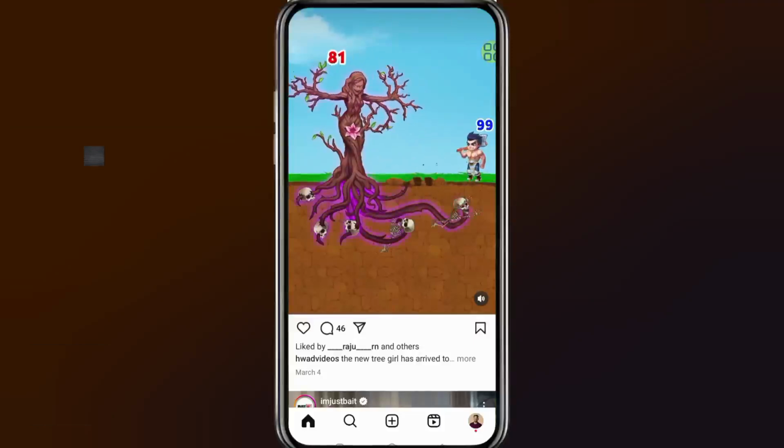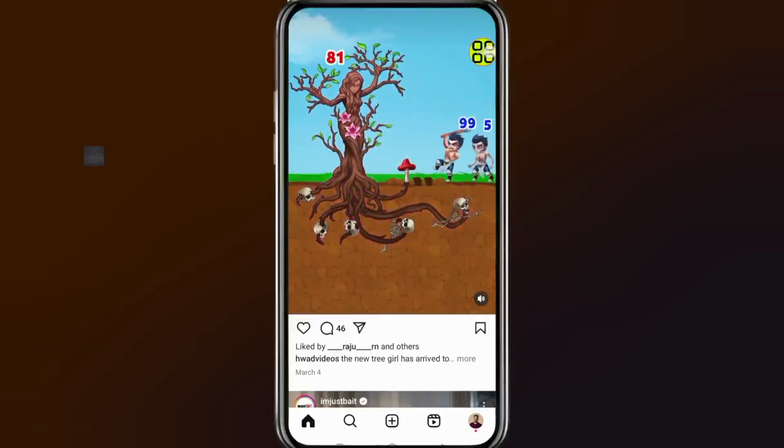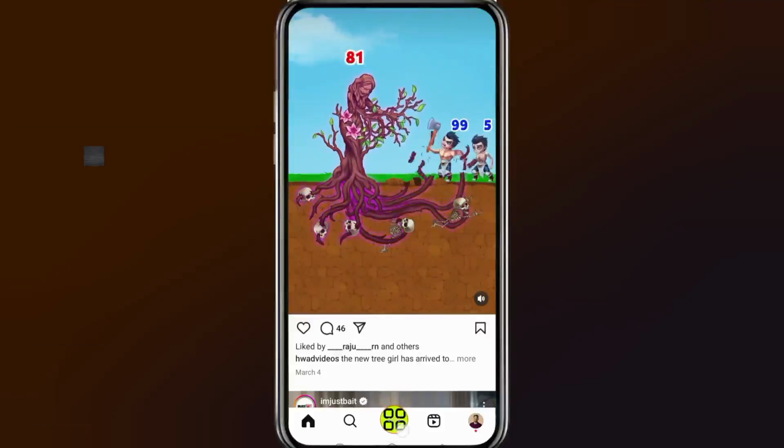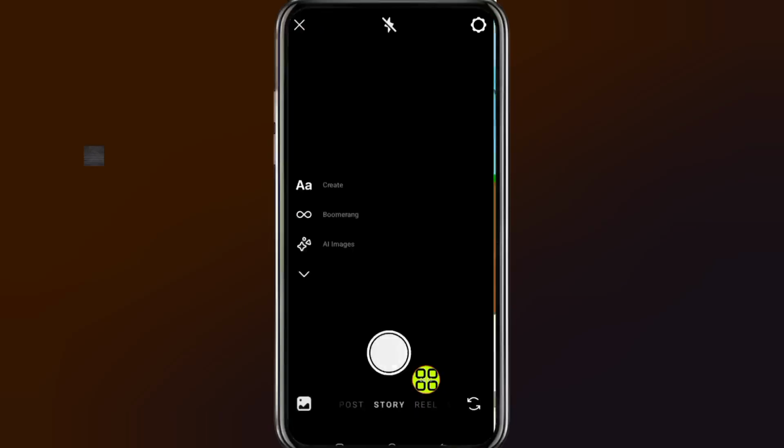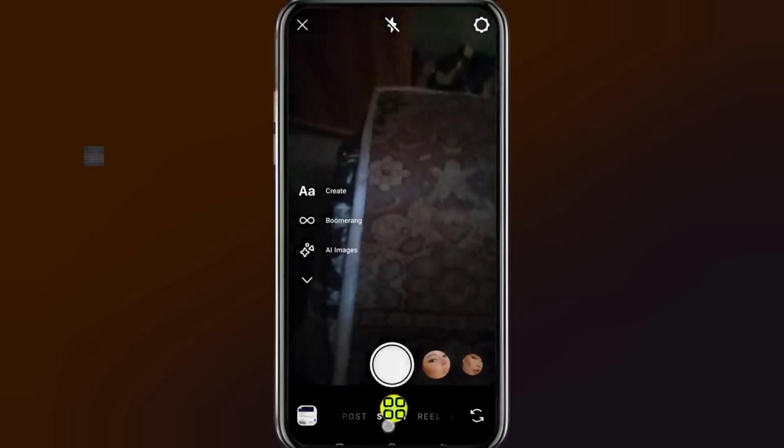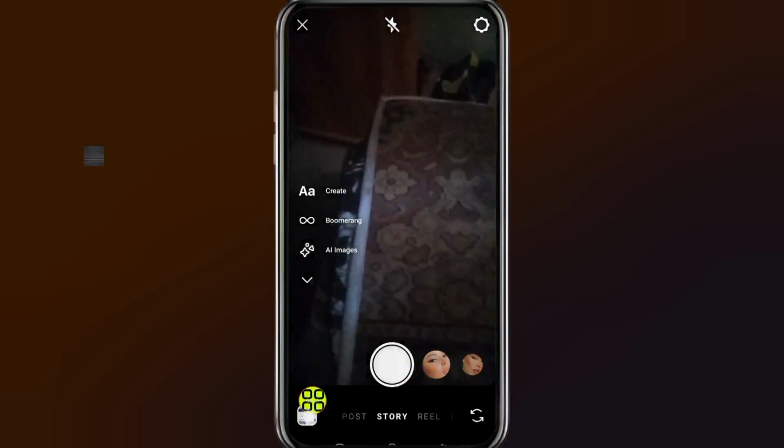How to add Instagram highlights from gallery. So to start the process, after you open up your Instagram, now tap on this plus button at the bottom. So from this option, now tap on this story section and tap on this gallery icon at the bottom left